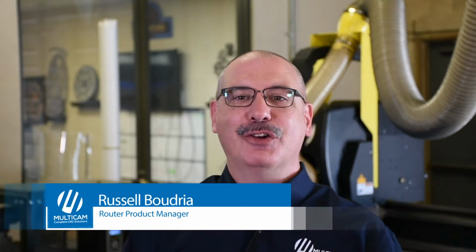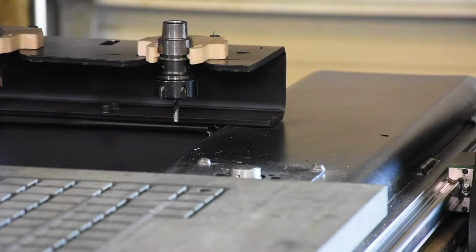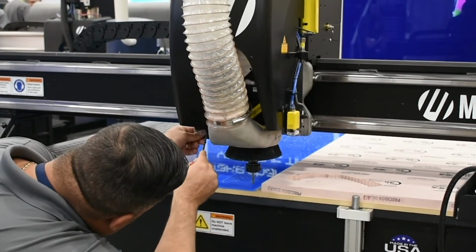I always find it humorous watching a routing video that's showing off how great a system's dust collection is, but the file is only using a single tool, usually cutting a generally thin product with the dust boot adjusted perfectly. At MultiCam, routers are most often sold as an automatic tool changing system, which obviously picks up tools of varying lengths. In order to achieve maximum particulate pickup, the operator is required to manually adjust the dust hood for each tool per material thickness. Rarely do I see operators take the time to do so, even though we make the